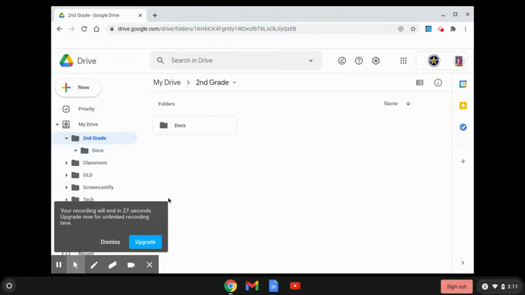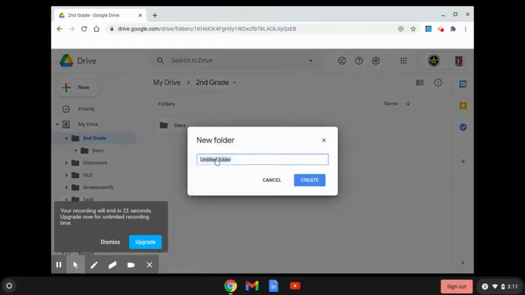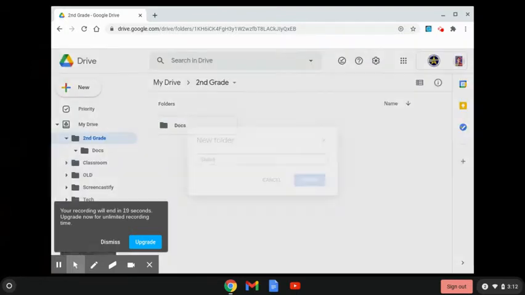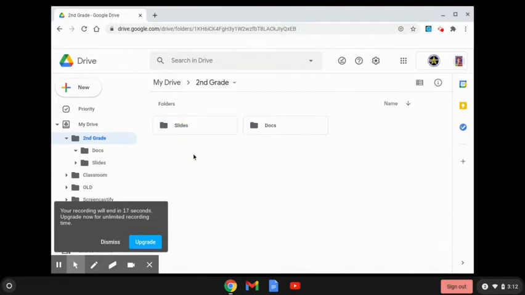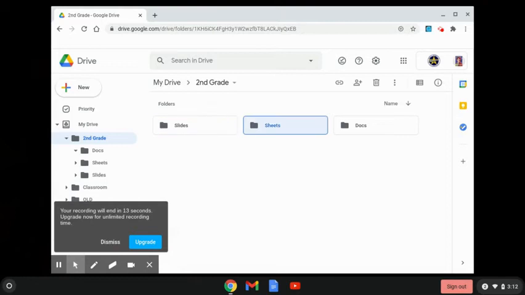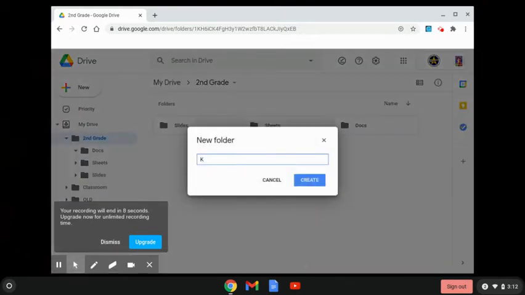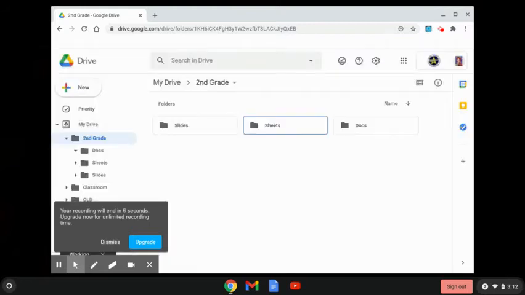So what I want you to do is create, and by the way, I could also two-finger click here in this white space. I want you to do one for slides, and I want you to do one for sheets, and I want you to do one for videos. Okay? So do that exercise, and then I want you